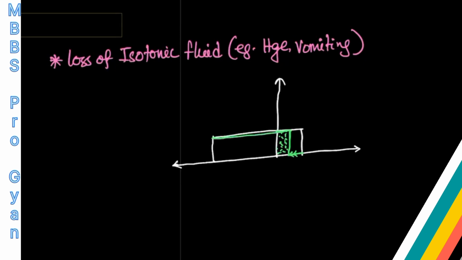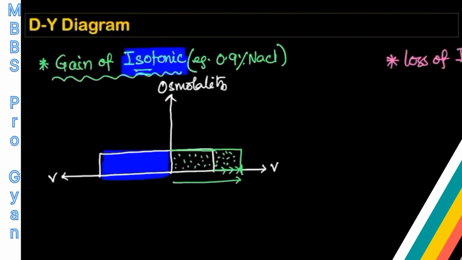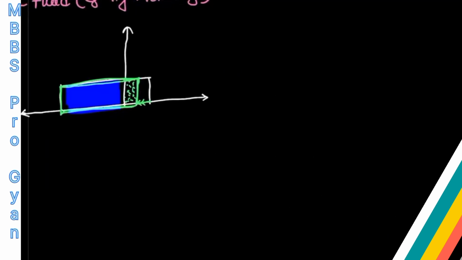So the new steady state condition will look like this. This is the new steady state condition with a contracted extracellular fluid volume, but there is no change in ICF volume and no change in osmolality. This is loss of isotonic fluid. This is very simple, but the more difficult thing is whenever there is gain of